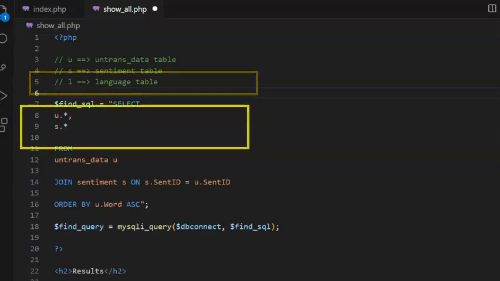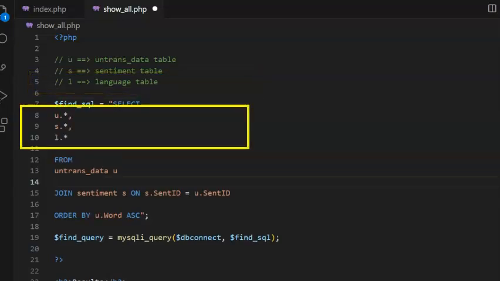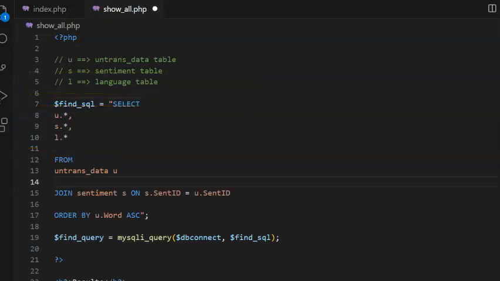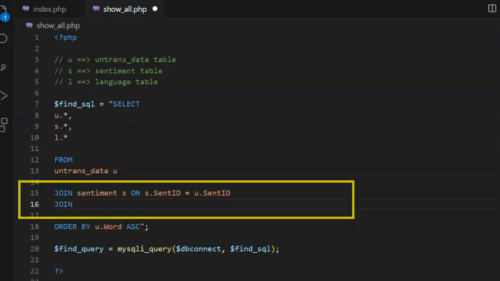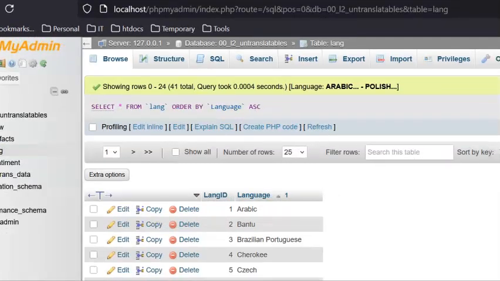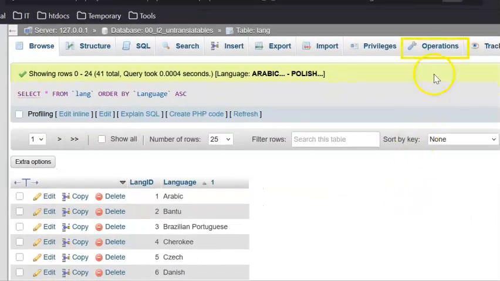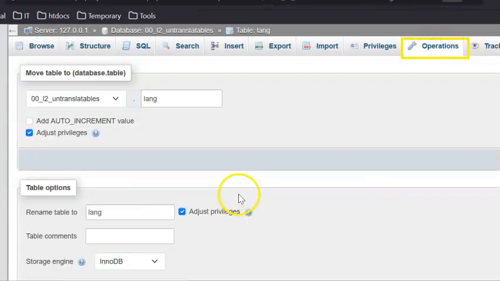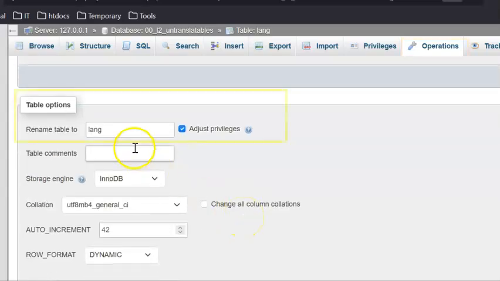So we'll put in a comment, select everything from the language table, noting that we've got commas between our tables, but no comma after the last table. And just like before, we're going to use join. With camera, I had to rename my languages table because language is a reserved word. To do this, please go into phpMyAdmin, click on your languages table, and in operations, rename it so that it